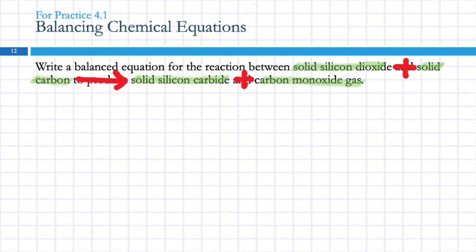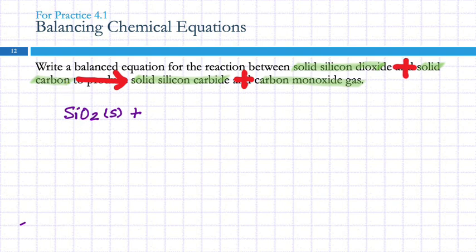So silicon dioxide, practice our nomenclature a little bit. Is silicon a metal? No. So this would be named as a molecular compound. Silicon dioxide would be SiO2, right? Because there's no prefix on silicon and there's a prefix of 2 on the oxide, so that's 2 oxygens. And this is telling me that it's a solid. Plus